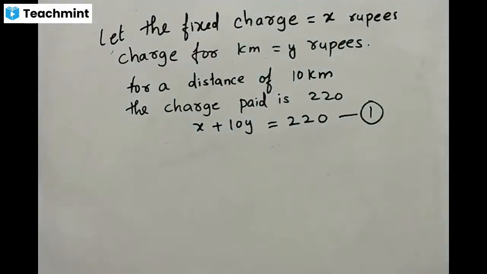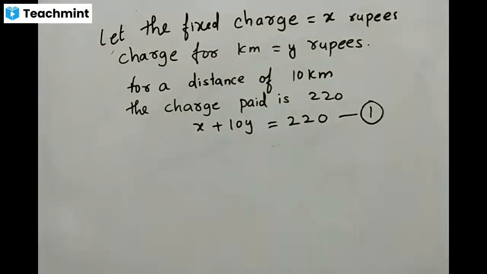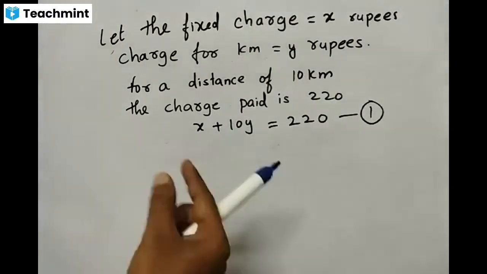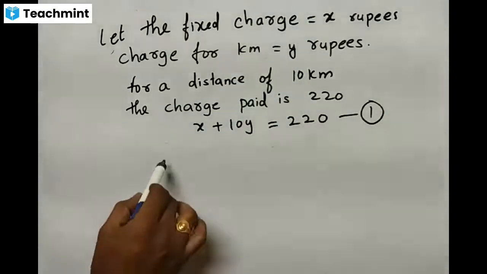If you go for 1 kilometer or 2 kilometers or 3 kilometers, you have to give minimum fixed charges, some X rupees. After that, for each additional kilometer, Y rupees is the charge. Understood now? For example,